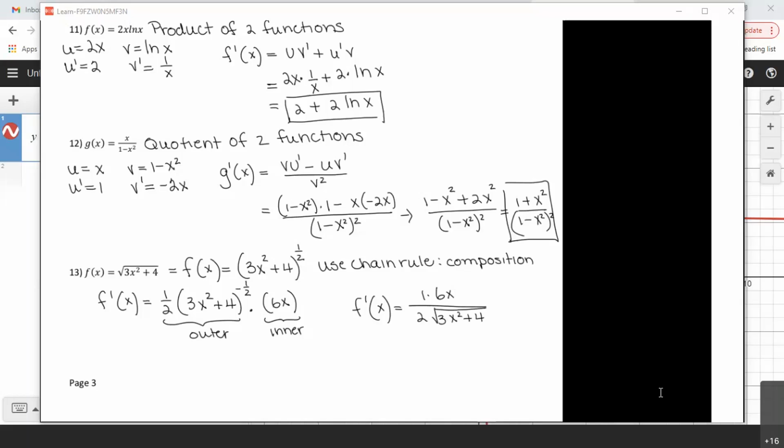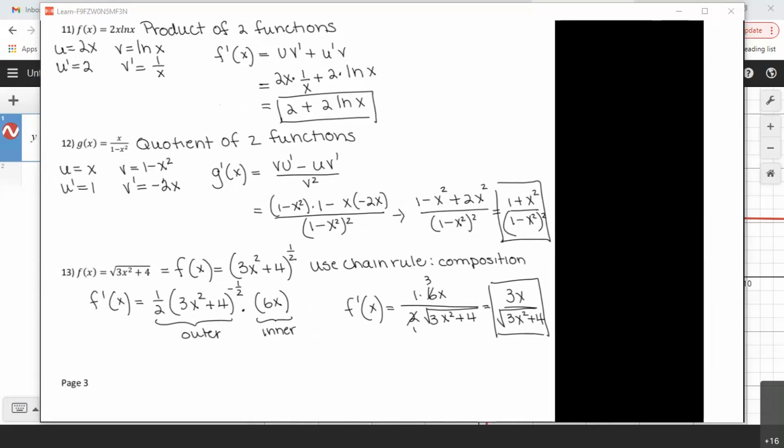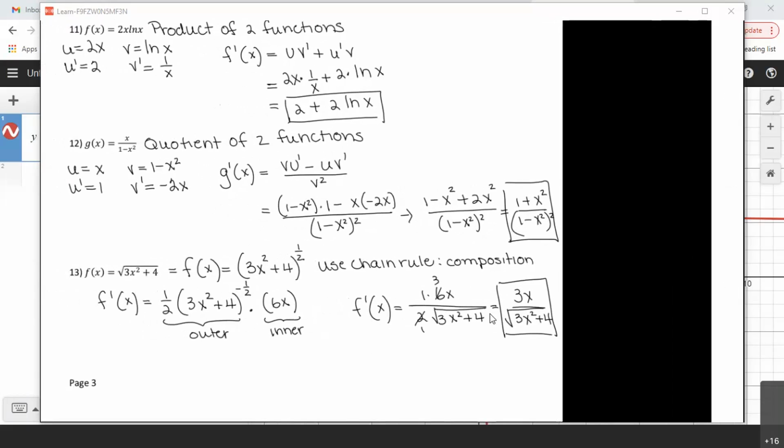How did I know that? Well, the exponent on it is negative, so it goes down there. Now I think you can see you can factor out a 2. And this becomes 3x over 3x squared plus 4. Okay, I'm doing a little bit of simplifying just so you can see that these answers match what's in